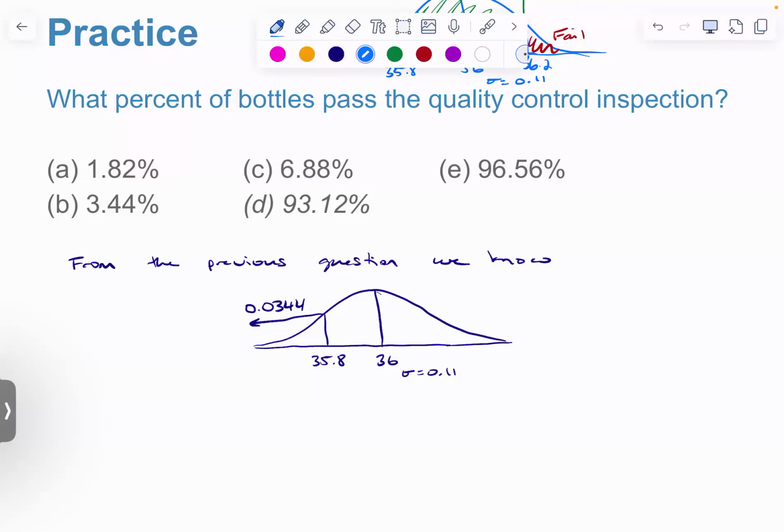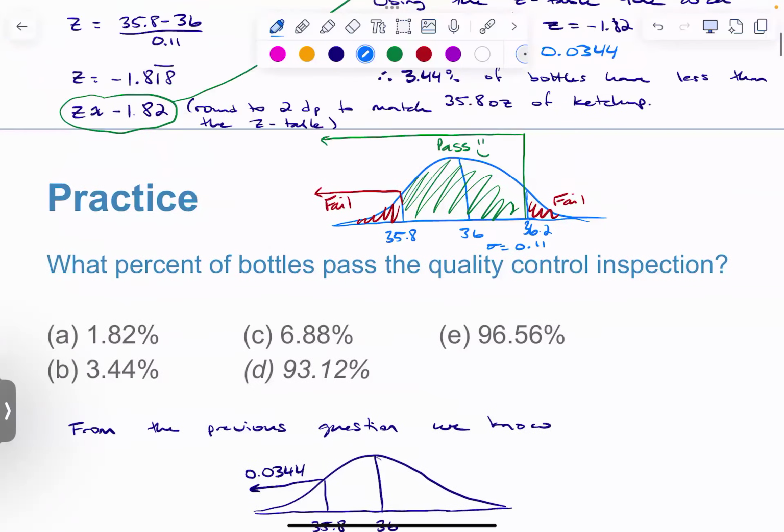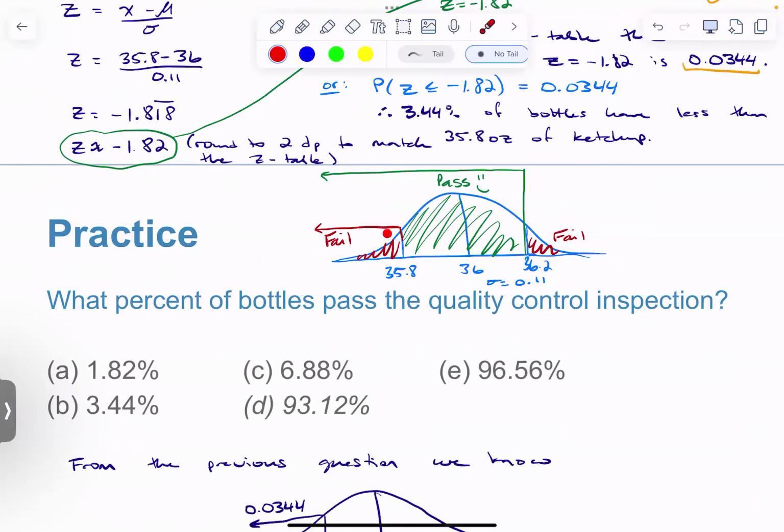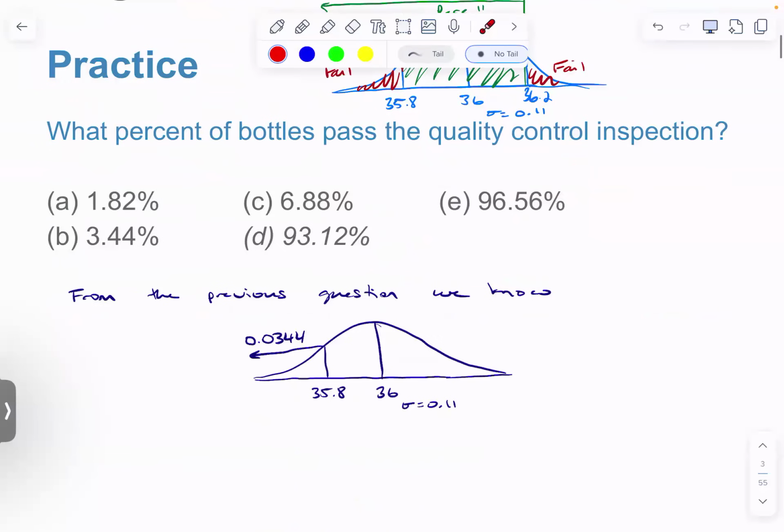So now what we want to find, how about we do this method where we find the area to the left? Because remember, the table gives us the areas to the left, and so that's going to be easier to work with, right? You can do 1 minus the area to the left. That's totally fine. But either way,